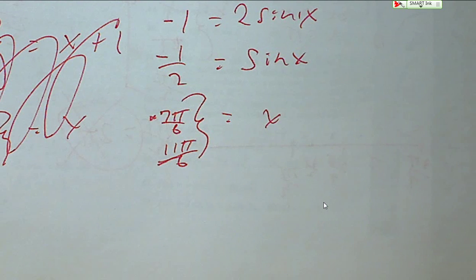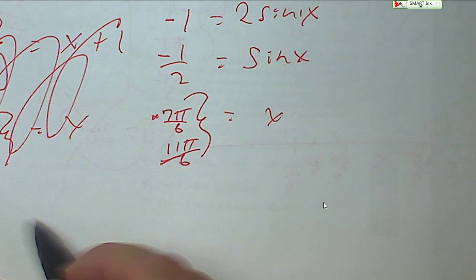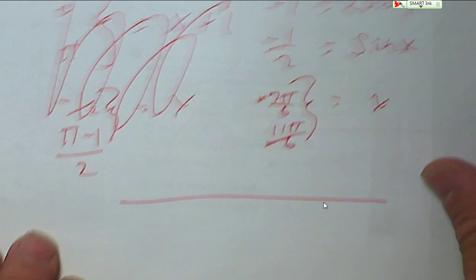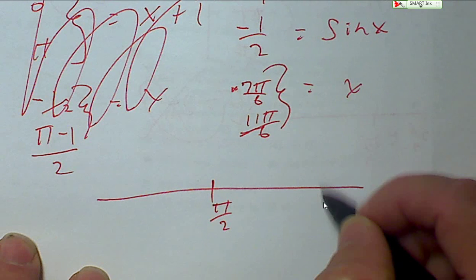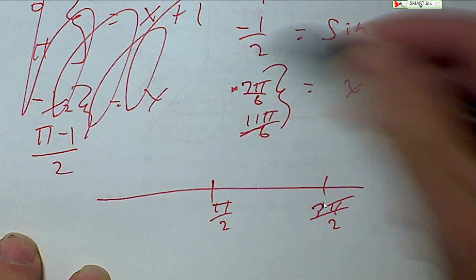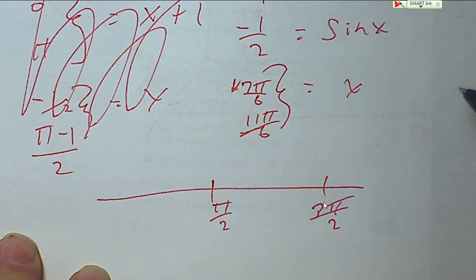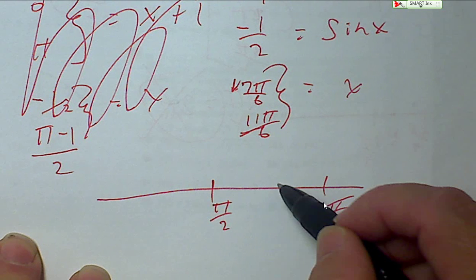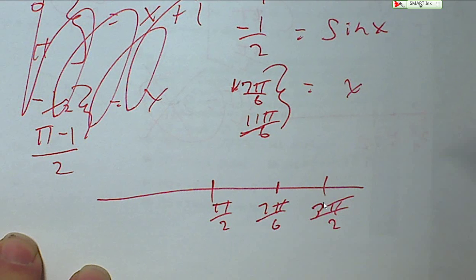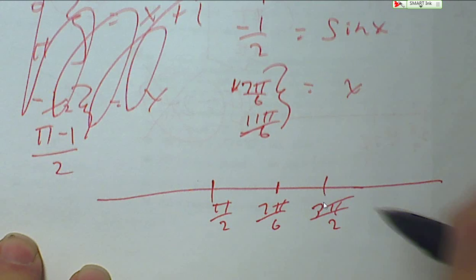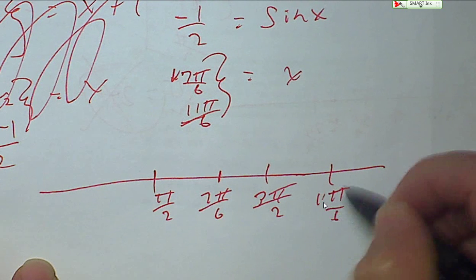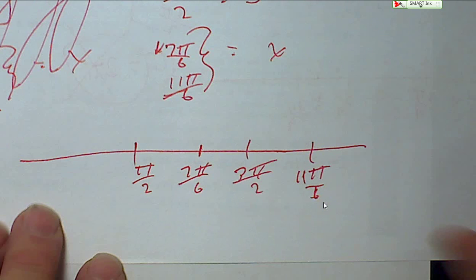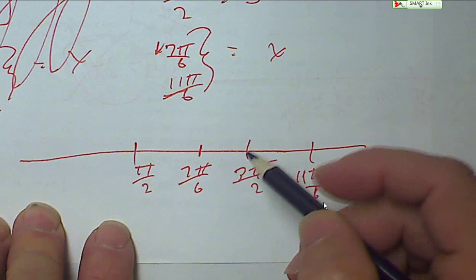So my 4 critical points are pi over 2, 3 pi over 2, 7 pi over 6, which would be between in here somewhere, and 11 pi over 6, which would be out here somewhere. 11 pi over 6. And so the intervals that I could test would be